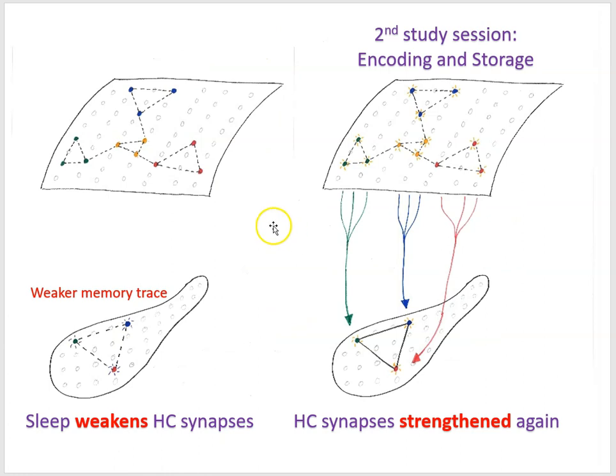Now, the fact that we have poor retrieval after only one study session should motivate us to study a second time. And during that second study session, we're going to be encoding and storing information as well. And because the information is the same as we were studying the first time, we're going to be activating those cortical memory traces. Information will converge down into the hippocampus, and we will strengthen synapses among allocated neurons in the